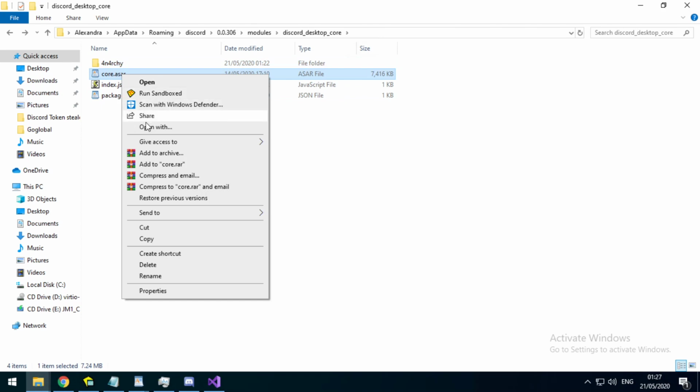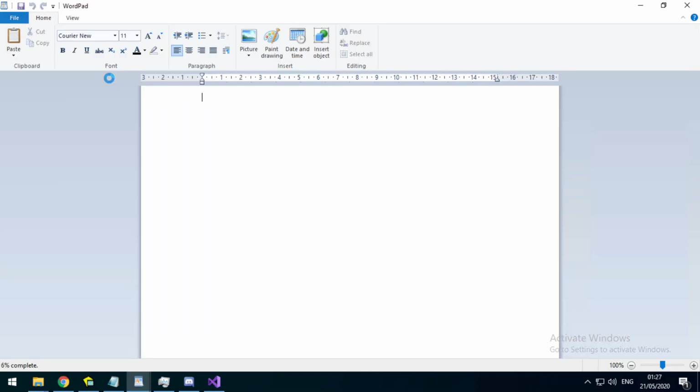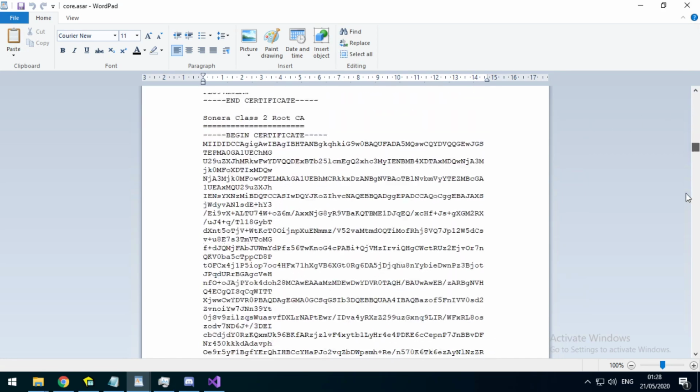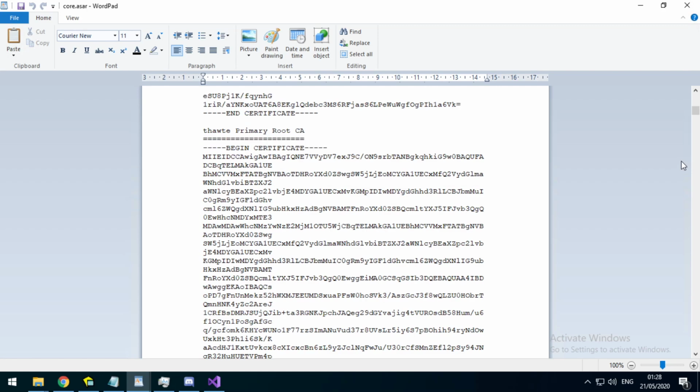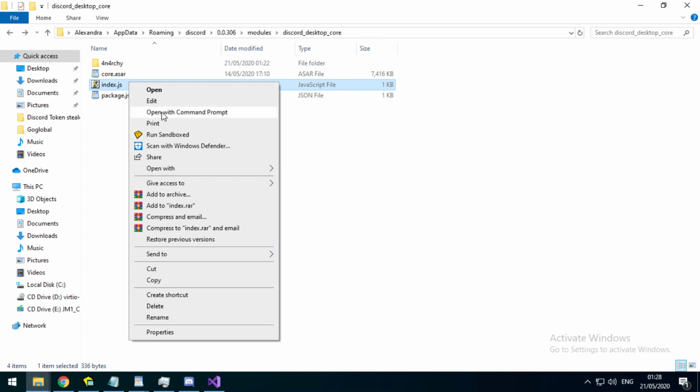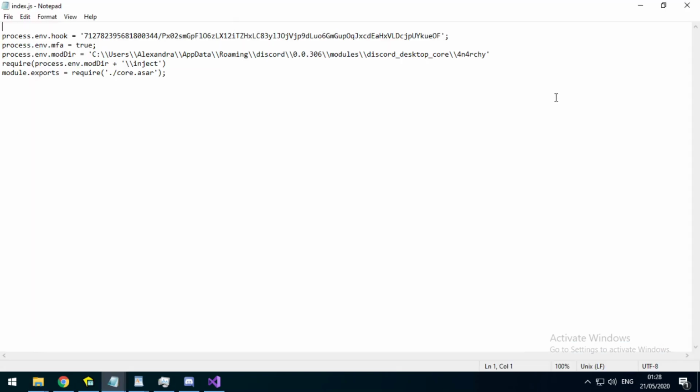So if we go to the core, it is now infected with the code. As you can see, the code is completely different. It shouldn't be like this. It should be literally like 2 lines, and then the index.js is the webhook and the path of the directory